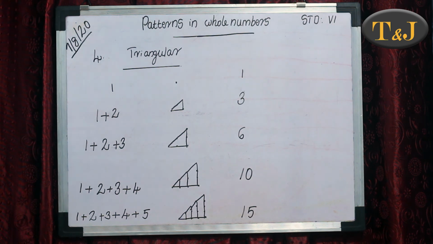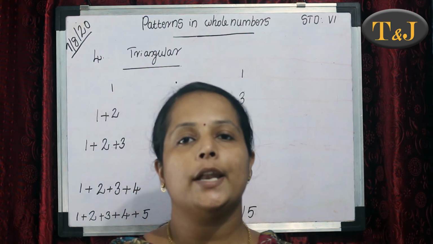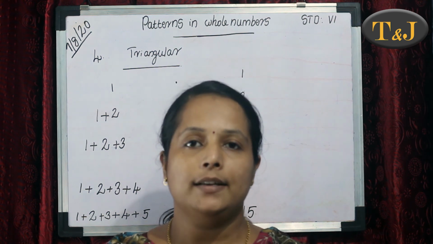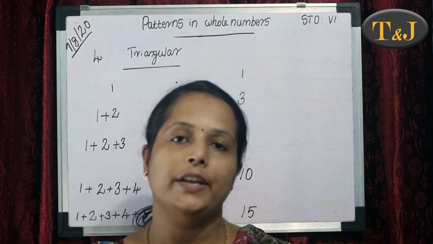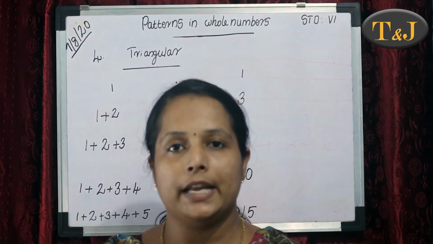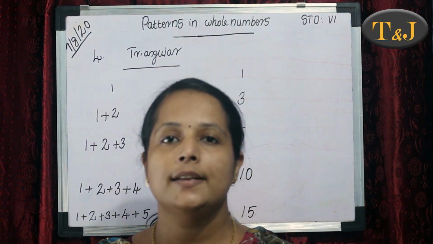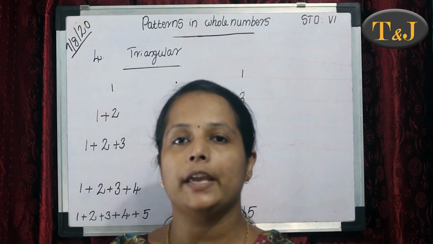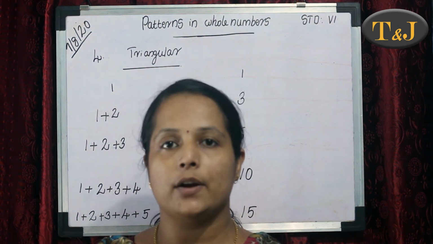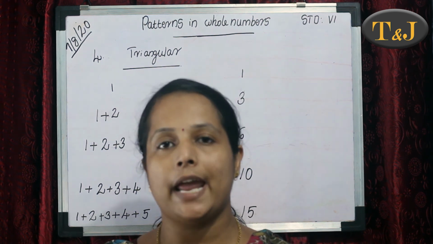Okay. I hope all of you understood how we can find the patterns in whole numbers. It can be represented in 4 elementary shapes: square, rectangle, triangle and line. In line, every number can be represented in the form of a line. In square form, we take only square numbers, and in the rectangular form we take only composite numbers. The square and rectangular patterns are interrelated, and last is the triangular pattern.